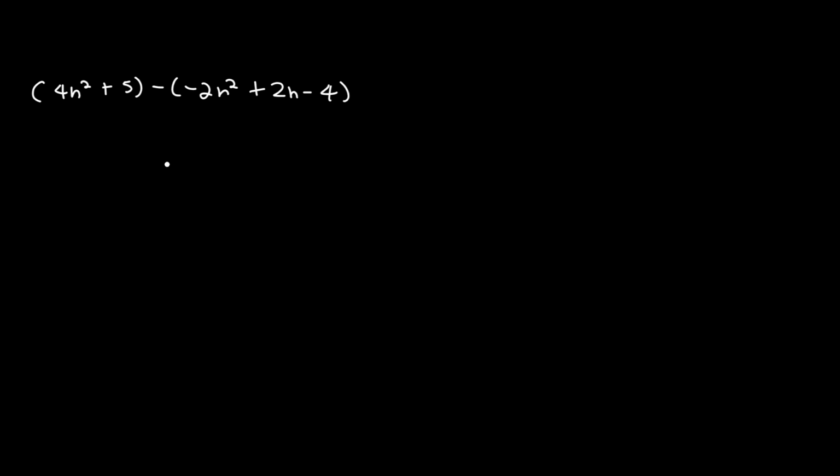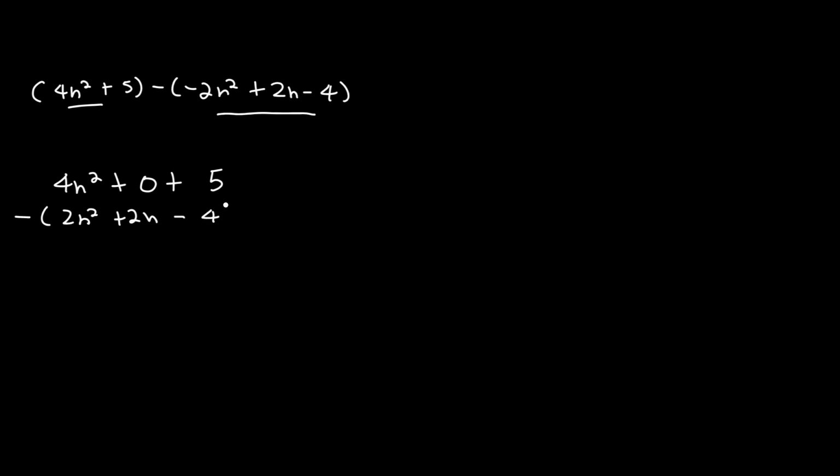Let's subtract this using the vertical method. So check for the degrees. This is okay, and this is okay. So let's use a vertical method now. We'll have -2n plus 2n. I have no degree with n to the first degree, so I'll just put a 0 here, and